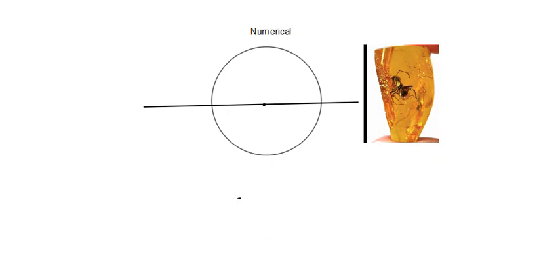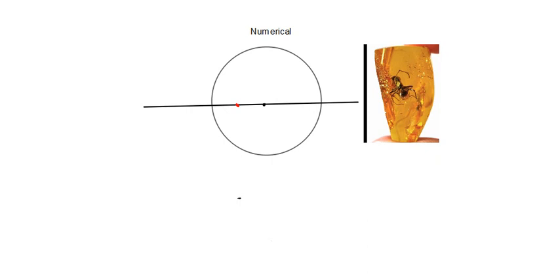resin. Let's consider a resin droplet, or resin sphere, and somewhere here is the insect, here is the insect. Now